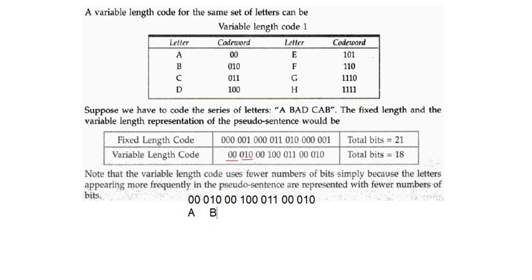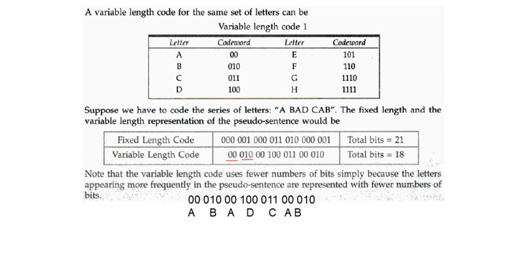Next again we will check 0, no code word, and 0 0 means we will decode it as A. Next similarly we decode 1 0 0, which is D. Next the received code word is 0 1 1, corresponding to C. Next 0 0 means A, and 0 1 0 means B.